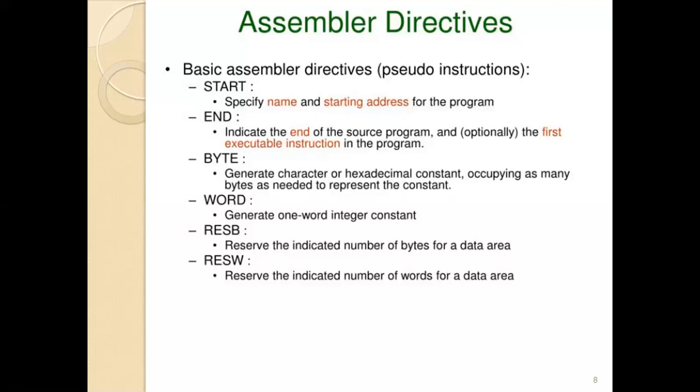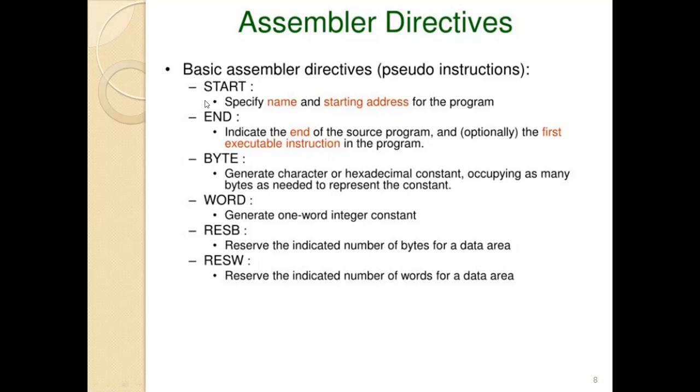Then, in addition to translating the instructions of the source program, the assembler must process statements called assembler directives. So what are assembler directives? They are just instructions to the assembler itself. They direct the assembler to perform certain operations. Note that these assembler directives are not translated into machine language equivalents or object code. Which are the SIC assembler directives that the assembler needs to process? The assembler will not convert these directives into object code,